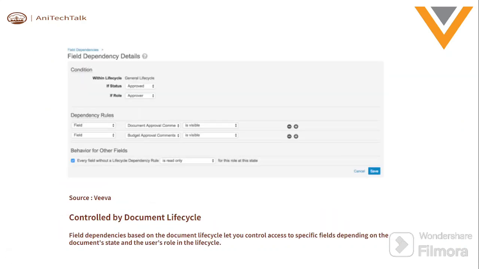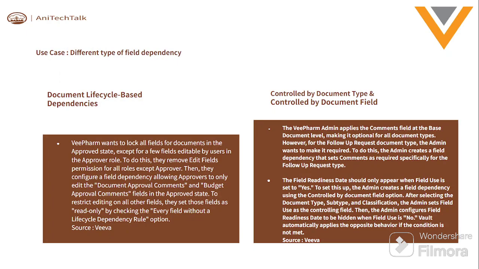example, then you can understand that these two fields are controlled by the approved status of the general lifecycle and this role is applicable for approver. Right? Now, the next use case is the vForm admins apply the comment field at the base document